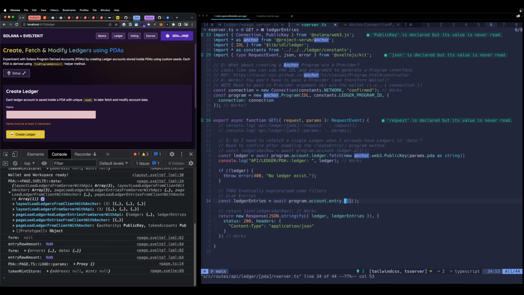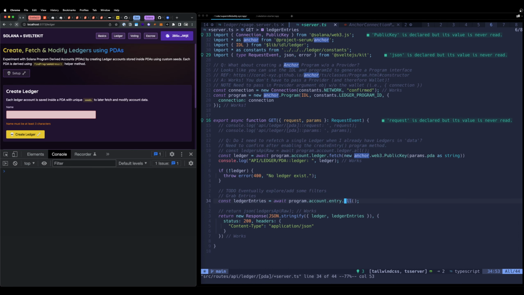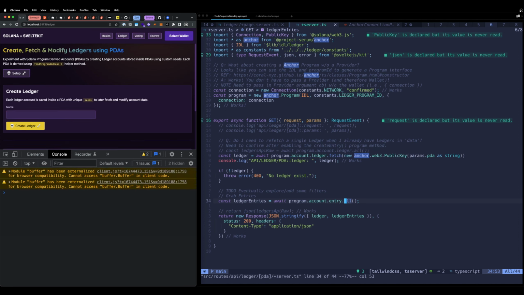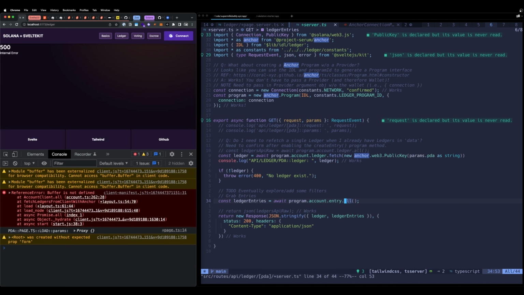There's issues with using node functions or whatnot that you've probably been seeing, like this reference error. So if I just hard refresh, I get these issues. Buffer reference error, buffer is not defined. I've updated to SvelteKit 1.2 point something, so